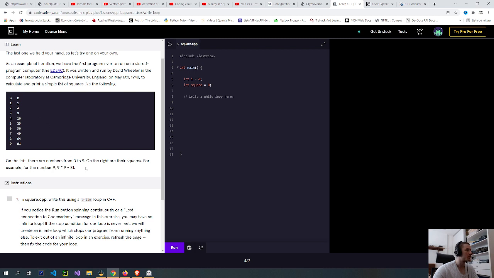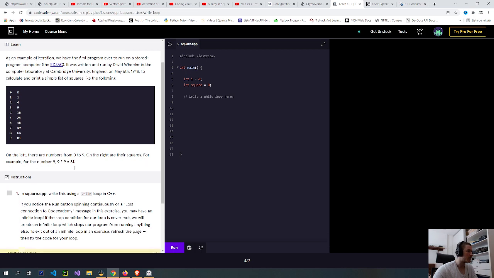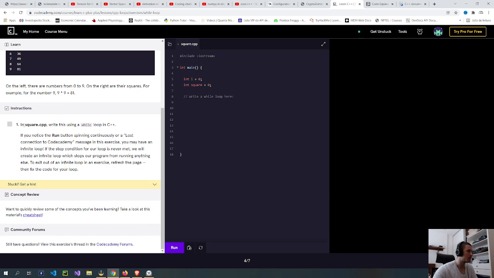Calculate and print a simple list of squares like the following. On the left, there are numbers from 0 to 9. On the right are their squares. For example, for the number 9 is 81. Square.cpp, write this using a while loop in C++.